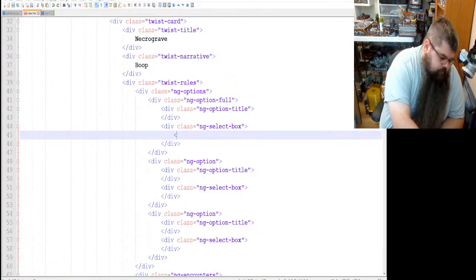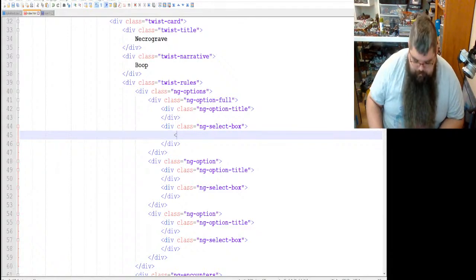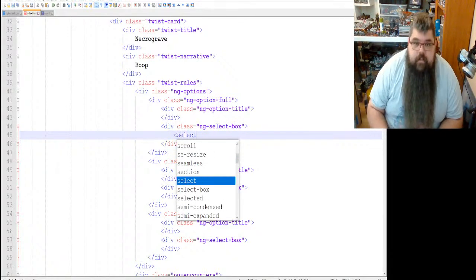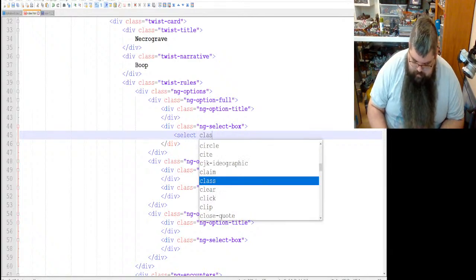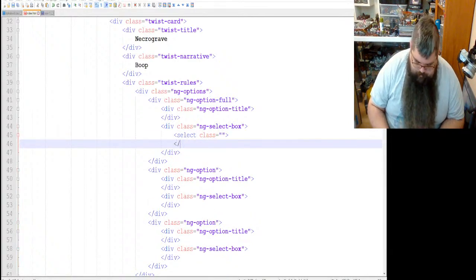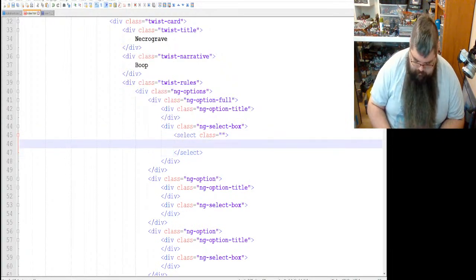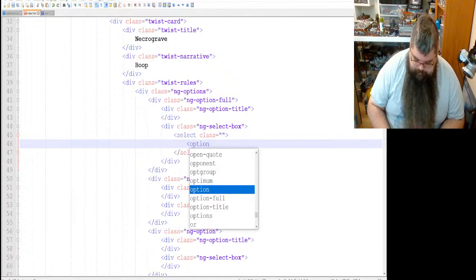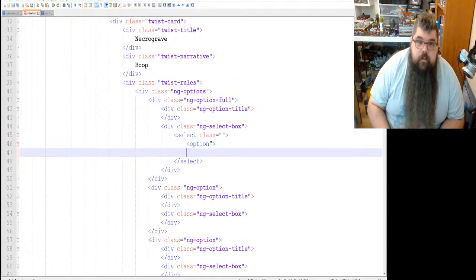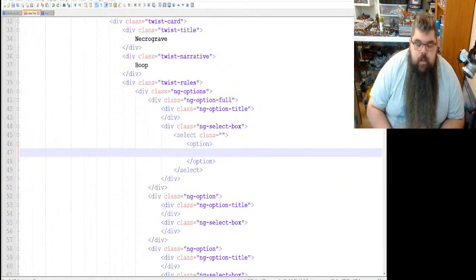So this will be select, and it's going to have some kind of class. I'm going to have an ending tag because everything needs a start and an end, and then we're going to have an option inside that, like that. And then inside of that, we're going to say Death Guard.